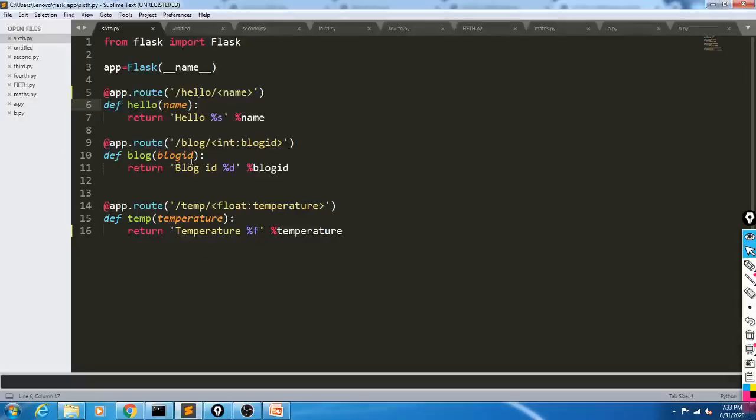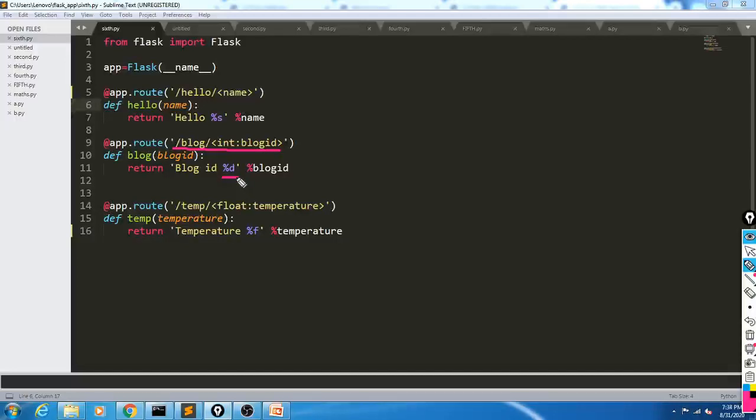The next one, how we can invoke the integer value. In the web application we have written the URL /blog/<int:blog_id>, because blog_id has an integer data type. And this blog_id we have passed to the function blog, and as it has an integer data type, we should assign %d.